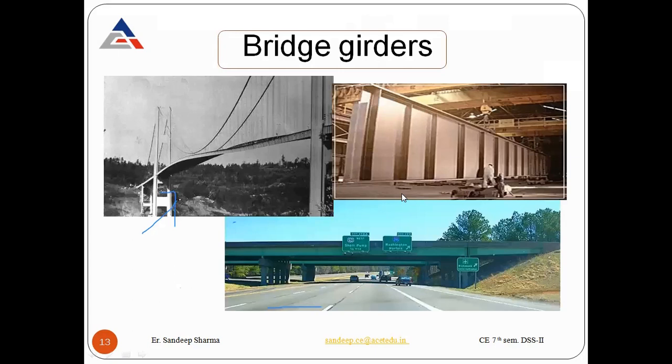These are the bridge girders that you can see in this picture. We are lifting this plate girder with the help of a crane. This kind of girder we have to place below the span to take the load. This is the flange section, these are the intermediate stiffeners or transverse stiffeners along it, this is the web section, and this is the end post.